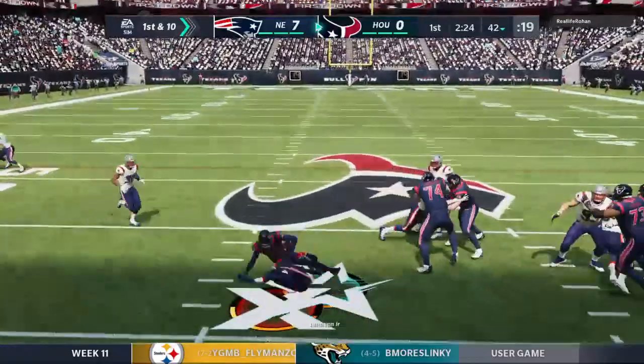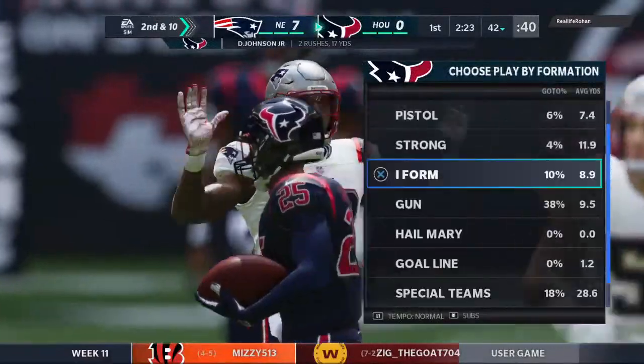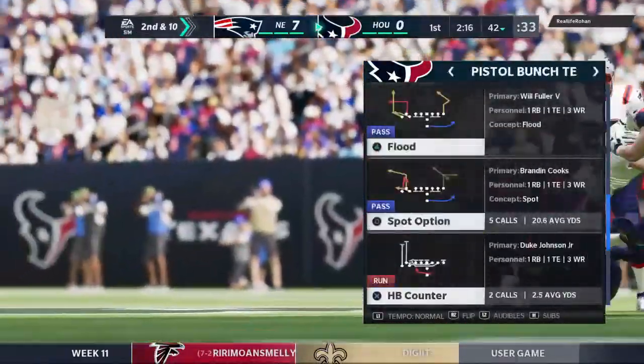Johnson. And he's stopped immediately there. Johnson, the ball carrier. Officially no gain on the play, and it's 2nd down. No gain. It shows you right there, he can do more than just cover in the secondary from that free